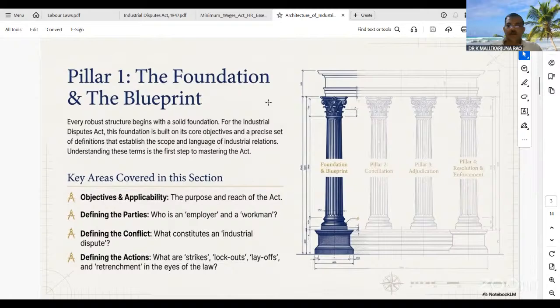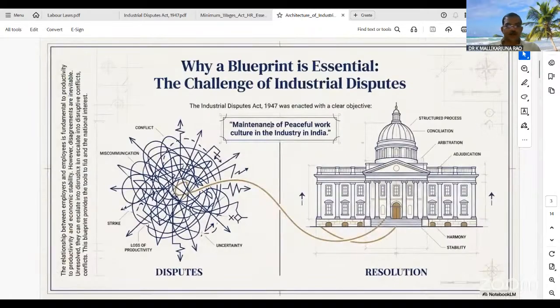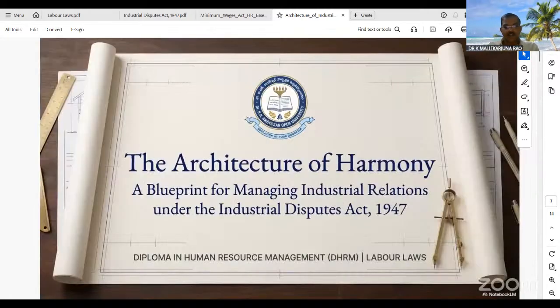Good afternoon, students. Today is a continuation of yesterday's class, and the topic I need to cover today is the Industrial Disputes Act 1947. This is the same year in which India got independence. In the same year, this Industrial Disputes Act 1947 was enacted and implemented for the purpose of addressing